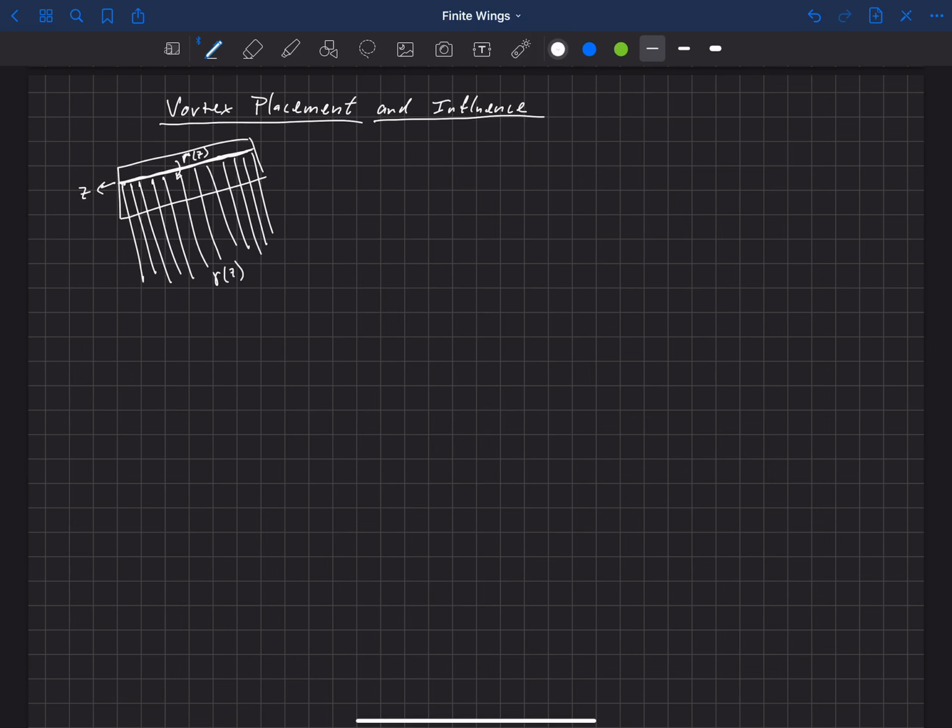So what we're going to do with the numerical lifting line algorithm is we're going to try to draw a wing here with some dihedral and sweep. You can imagine that the sweep is easier to draw than the dihedral, but anyway, what we're going to do is we're still going to define our quarter chord here, and then we're going to place a series of horseshoe vortices that extend from infinity and then come up across the wing a certain distance and then extend back into infinity.